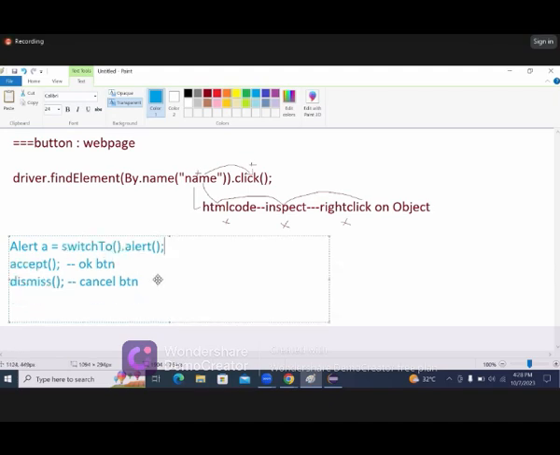So why do we need to write that particular statement? We will look into that. Now, as simple, we take the alert object dot accept and then the alert object dot dismiss. And after that,